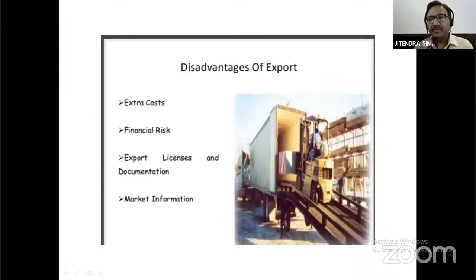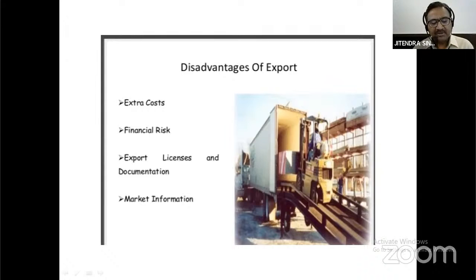So we have no direct control over the payment we have to receive from the importer. If conditions are beyond our control because of certain disturbances or other reasons, sometimes our payment may be stuck. Then export license and documentation. It is a very lengthy, tough process, and different markets require different types of export licenses